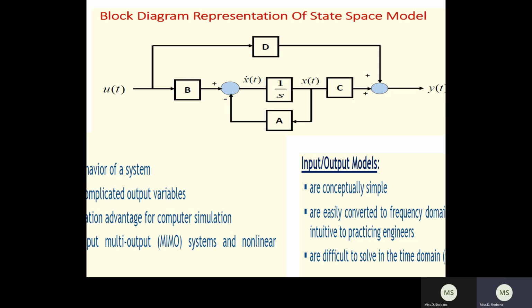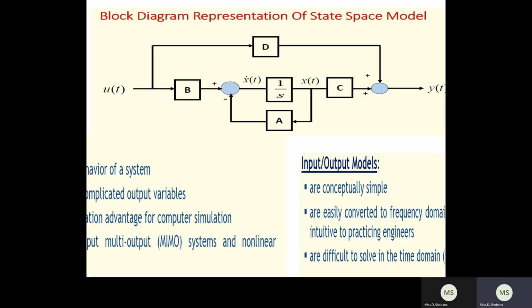Okay, so here A is a coefficient of x of t. Therefore we have to take from the x of t side. But the same state equation has the x dot of t, so therefore we can have the integrator over here. In the state diagram, the integrator is represented pictorially by means of a rectangular box. Inside that you have to write 1 by s. 1 by s represents the integration.